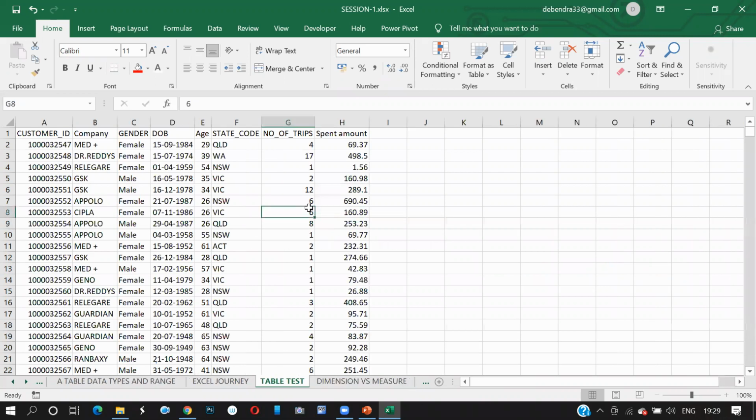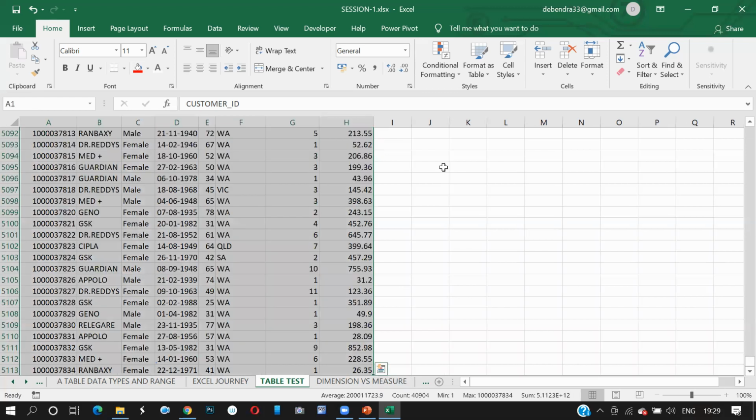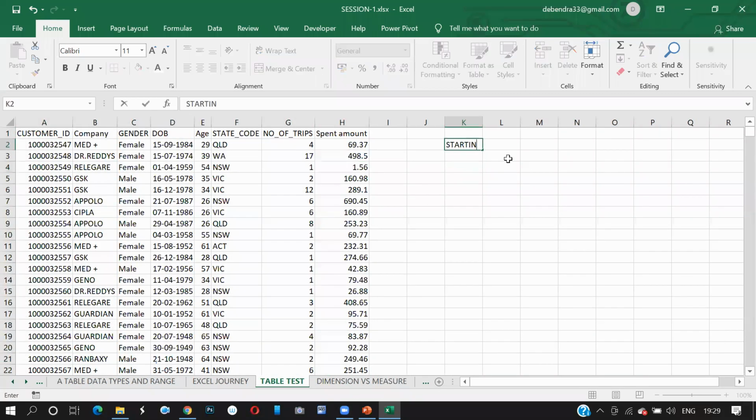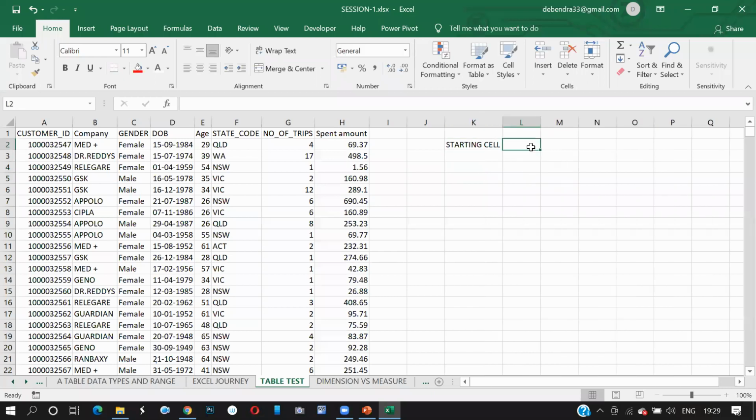Next is a test. If you guys understood, tell me, this data starts from where? A1. It goes till what? H5113. Now, your starting cell is what? A1.